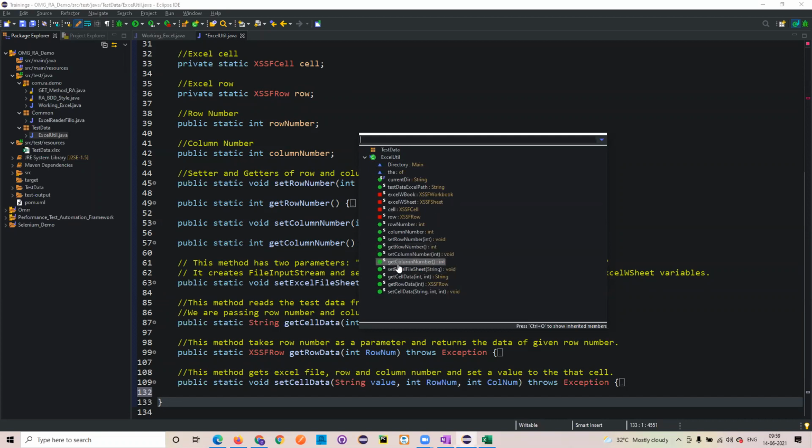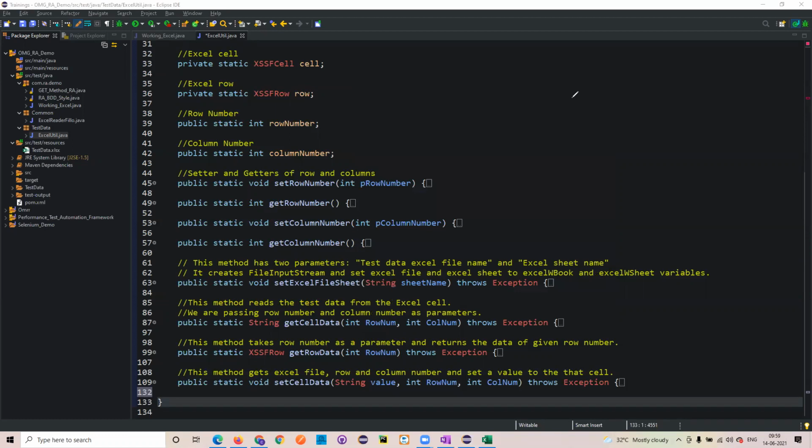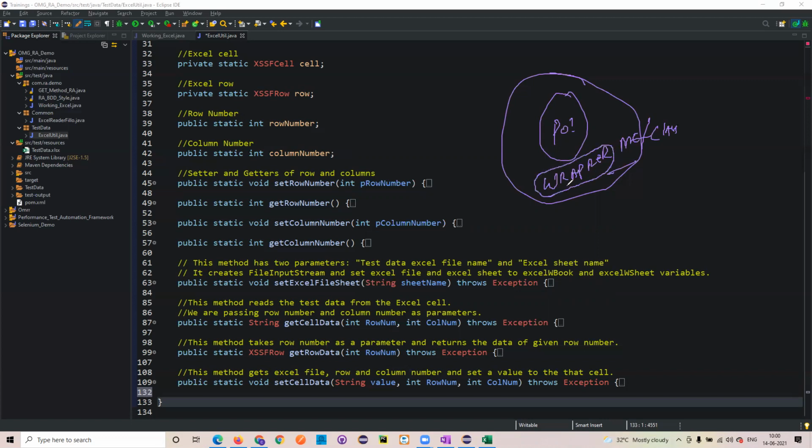Now, what we have done is, we have used the POI libraries. If you see here, we have taken these particular POI libraries, and on top of this POI library we have written the Wrapper classes. Wrapper classes is nothing but Wrapper methods or Wrapper classes. What do you mean by Wrapper classes or Wrapper methods? It's very simple. The name itself says Wrapper. For example, you wanted to eat a chocolate. When you wanted to eat a chocolate, you'll have a wafer around it. So you'll remove that wafer and you'll be eating it. The wafer is to have protection, and it is easier to use for the ease of use.